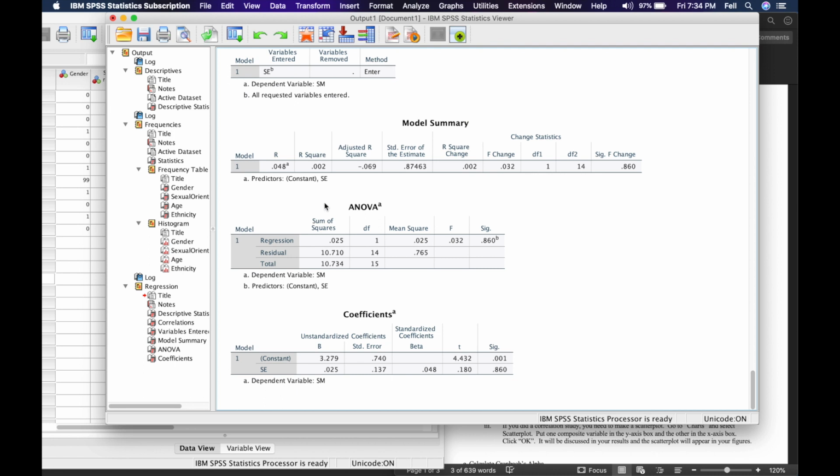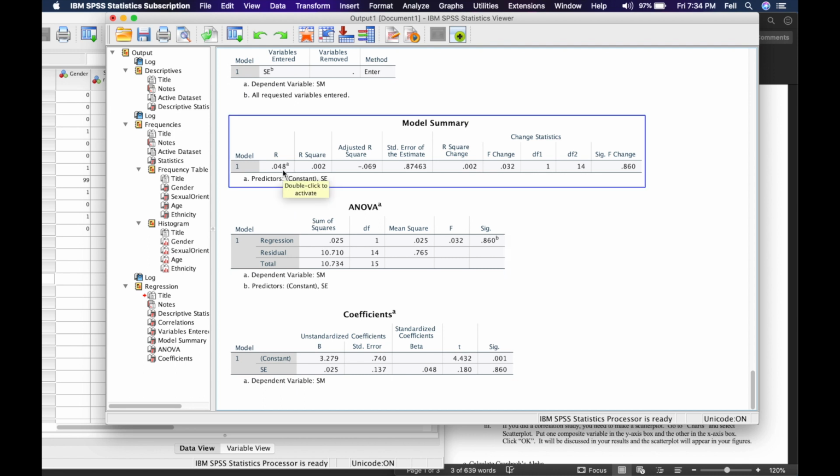But if this was their actual data, then it would be saying that their Pearson R correlation coefficient is 0.048, that their R square, which is their effect size, is 0.002, and it is showing that the significance level is 0.860. So in order for me to reject H0 and support my hypothesis, this significance level would need to be